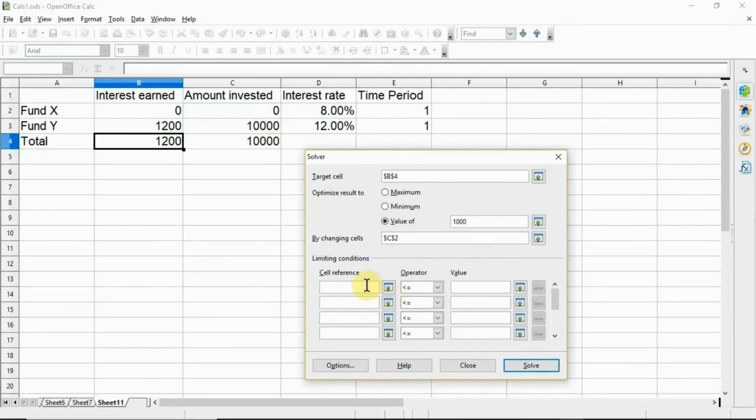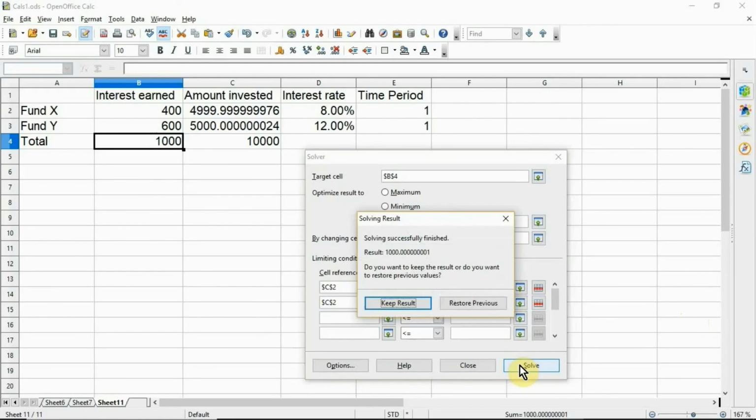Cell reference is C2 and operator is less than or equal to. In this example, the amount invested in fund X, meaning cell C2, should not be greater than the total amount available and should not be less than 0, and then click solve.